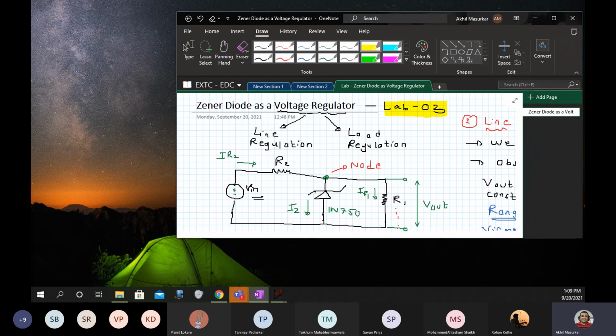This is the data sheet which I found. Let's see what Soham has found. Good, somebody searched the data sheet, which is very good. Let me just check it.